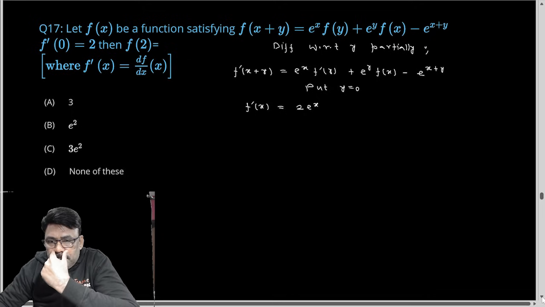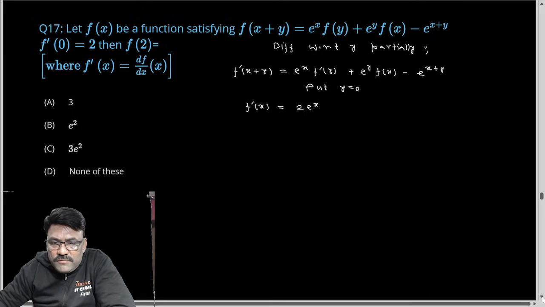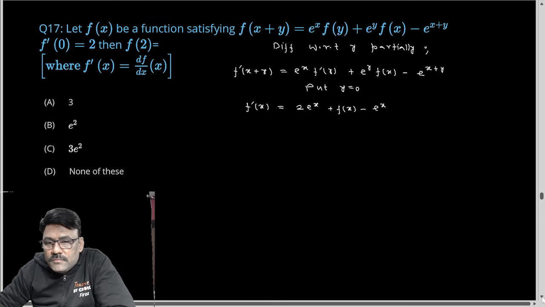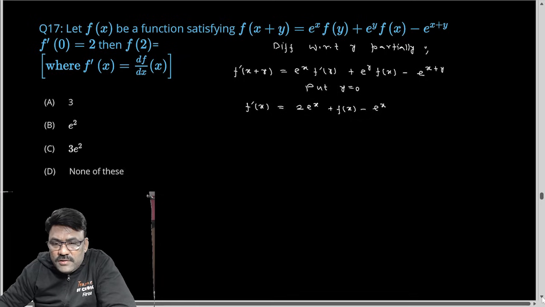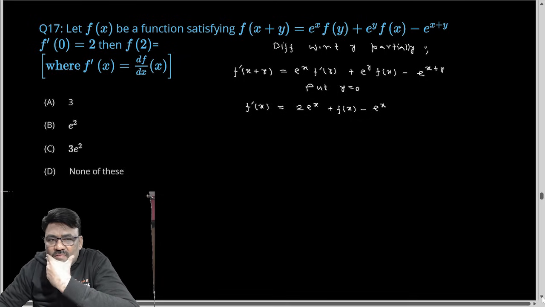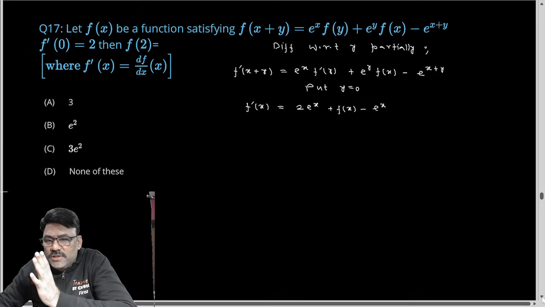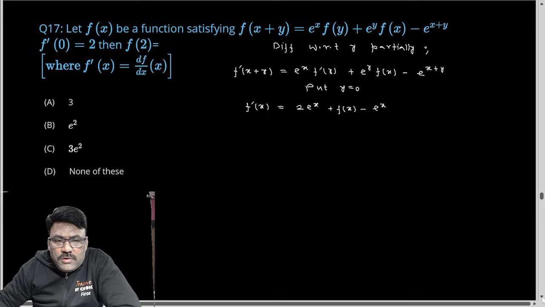F0. In fact, e raised to 0 is 1. So f(x) minus e raised to x. So now you can see that you are getting a linear differential equation. If you replace f(x) with y, or let's say f(x) with t, it is a linear differential equation dt by dx minus y is equal to e raised to x. So now I can say that it is a linear differential equation